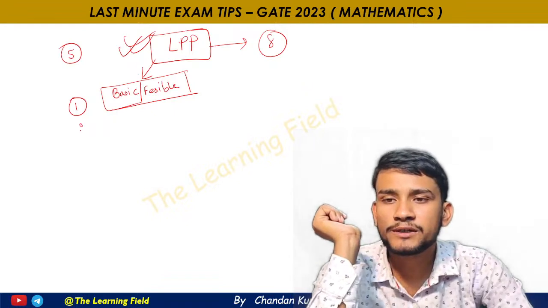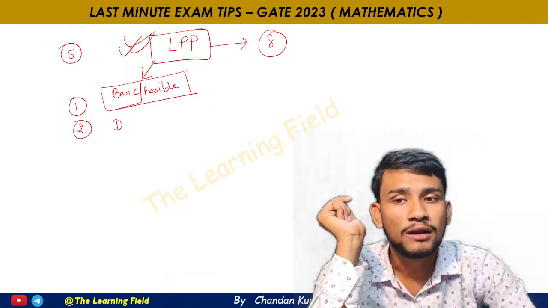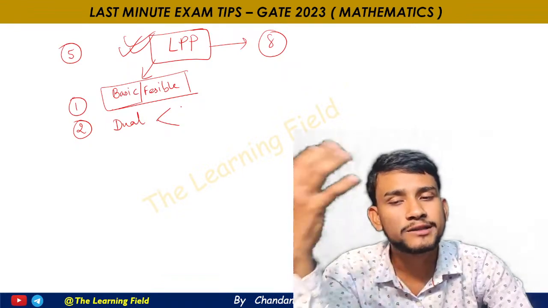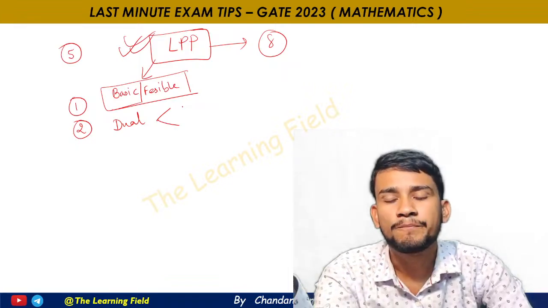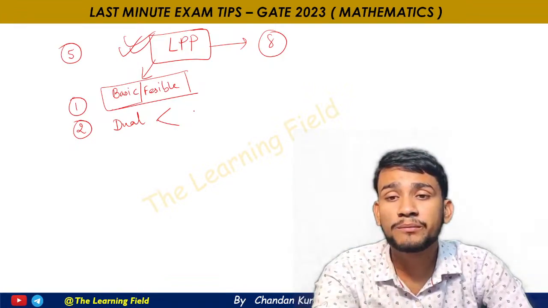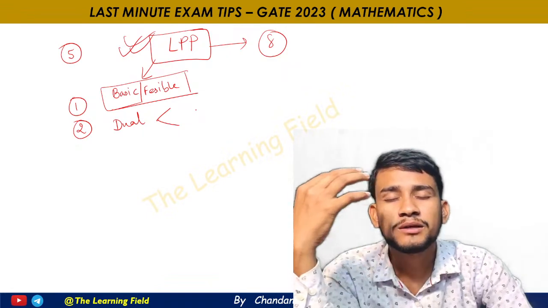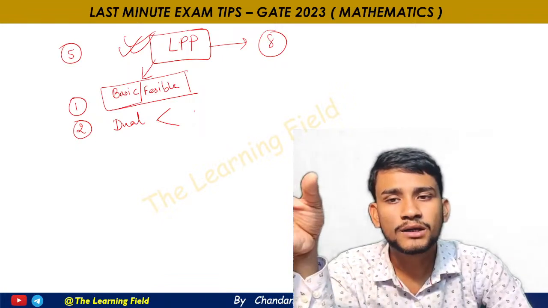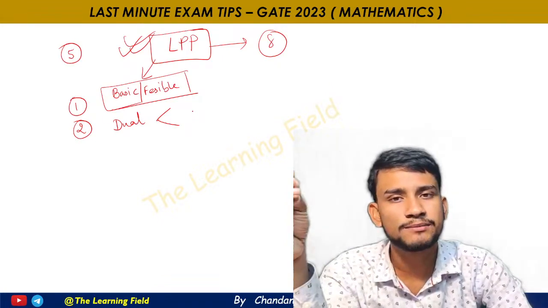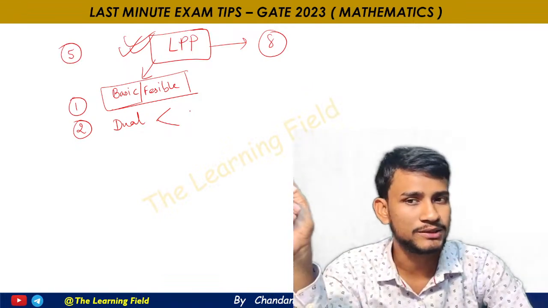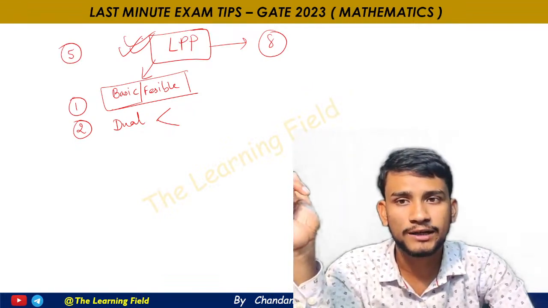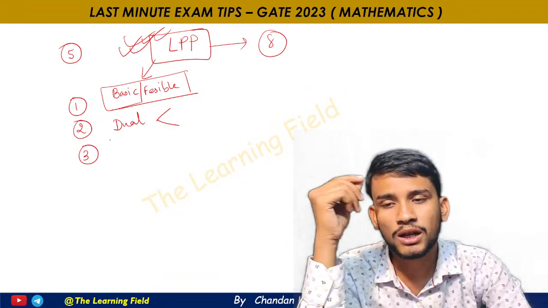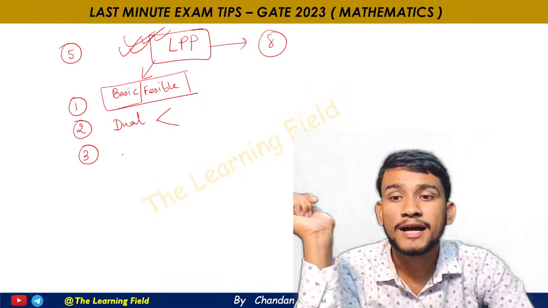Then the important chapter is dual. Dual is a very important chapter. Here the fundamental theorems of dual, the weak duality theorem, and the complementary slackness theorem are very important. If you are preparing LPP for the GATE exam, you must revise these topics once. You can also check my playlist. It will definitely help you. Then number 3 is duality, and then assignment,